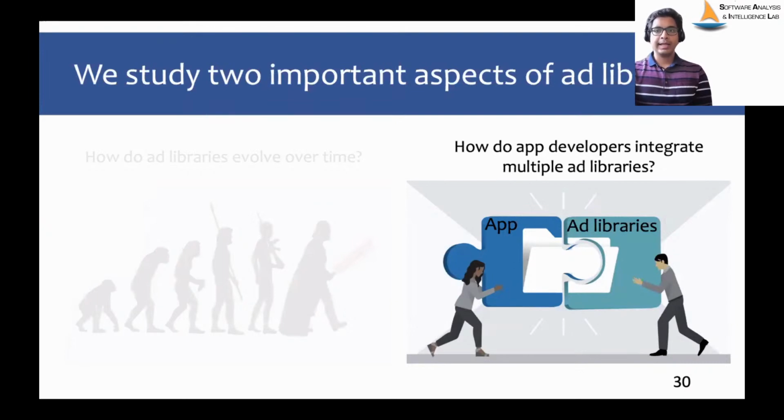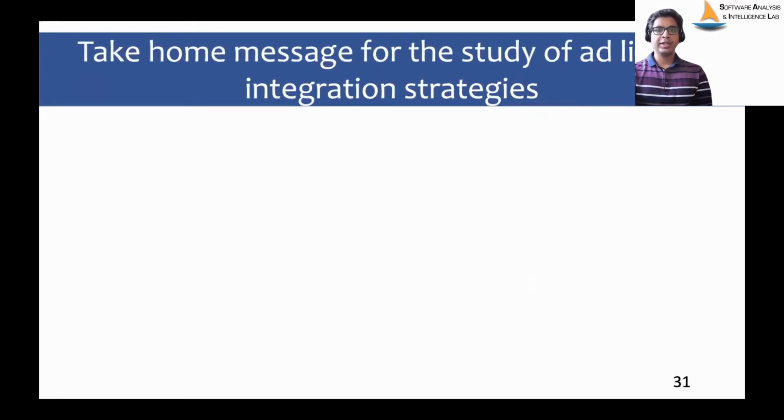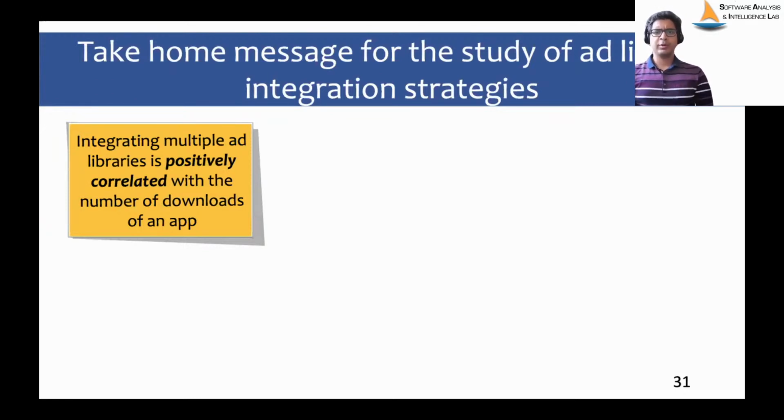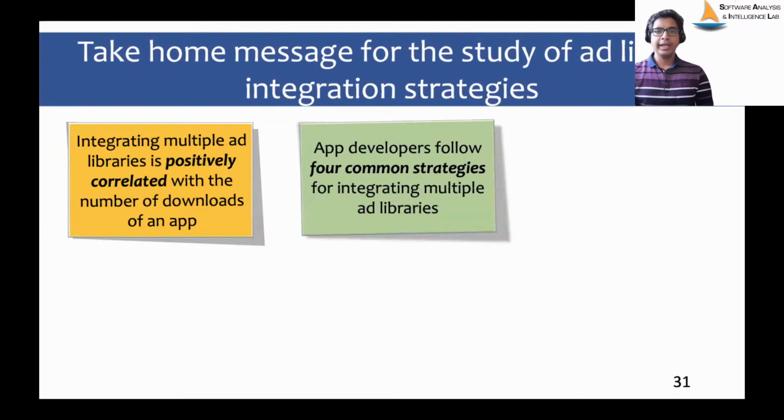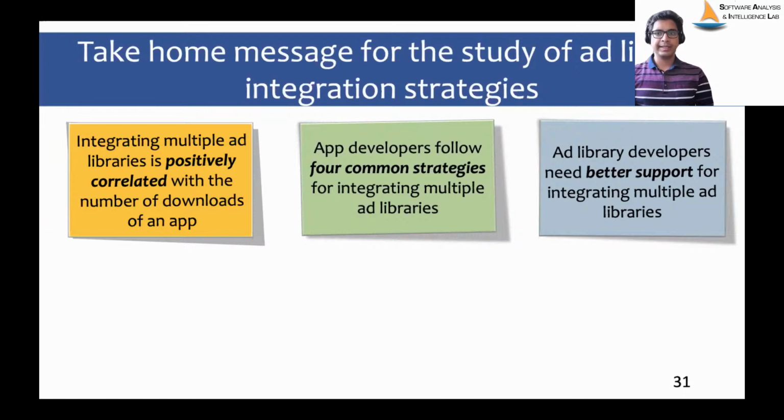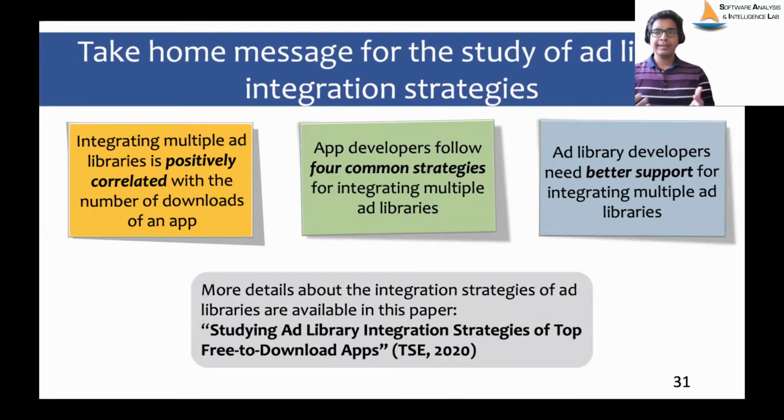Now, we also study the integration of multiple ad libraries in mobile apps. We observe that integrating multiple ad libraries has a positive correlation with the number of downloads of an app. We identify 4 common strategies for integrating multiple ad libraries. Based on the comparative study of these strategies, we observe that ad library developers still need better support for integrating multiple ad libraries. More details about the integration of multiple ad libraries are available in our paper,